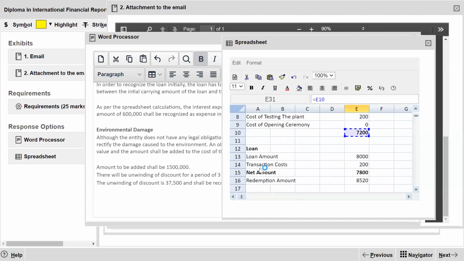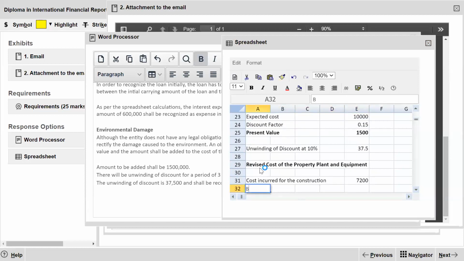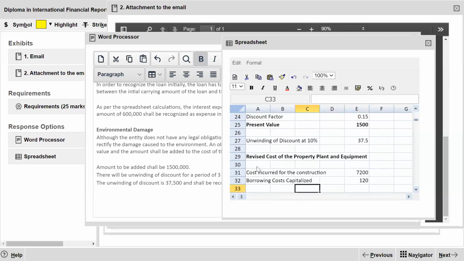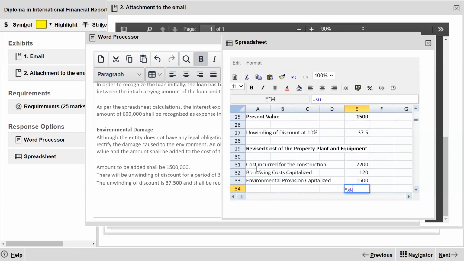That was 7,200. The borrowing cost capitalized is going to be 120. The environmental provision capitalized is going to be 1,500. Hence, the total cost is going to be